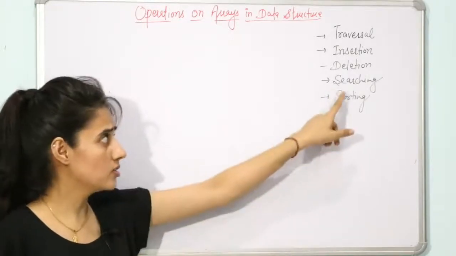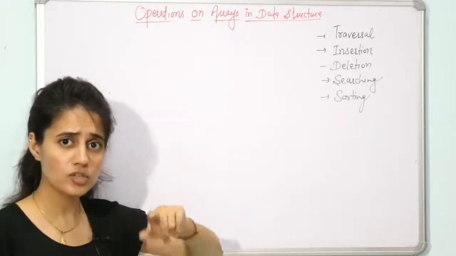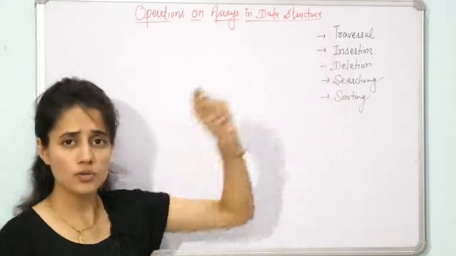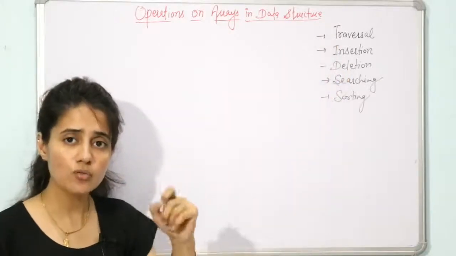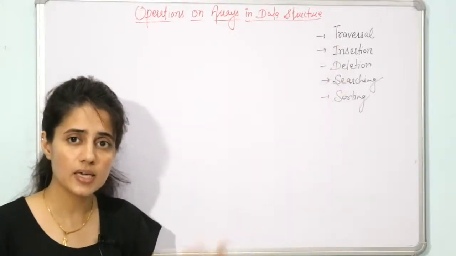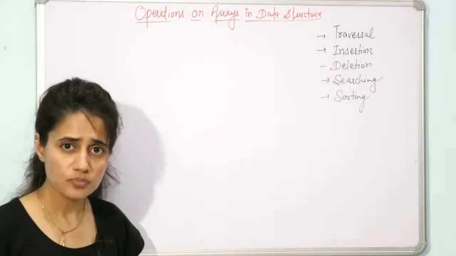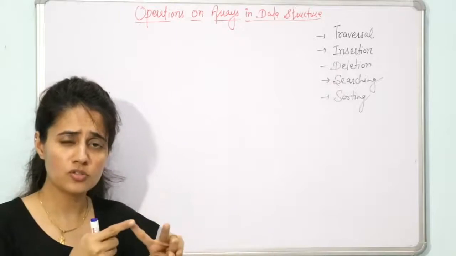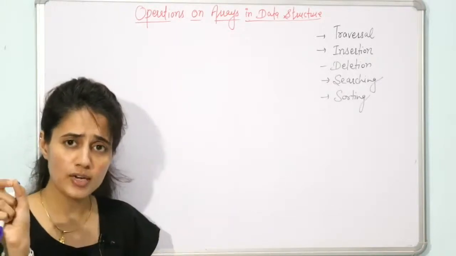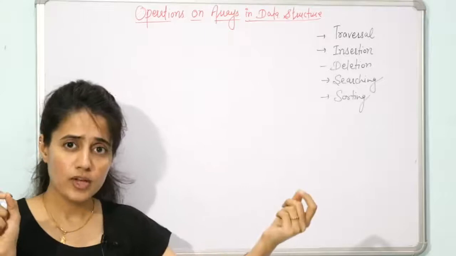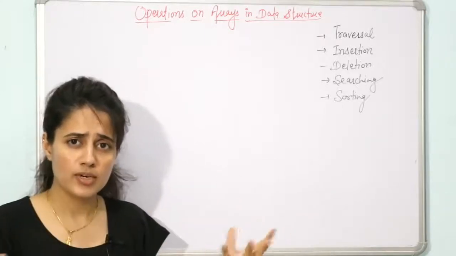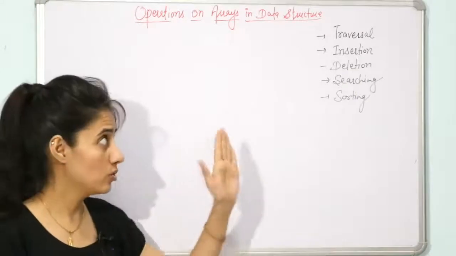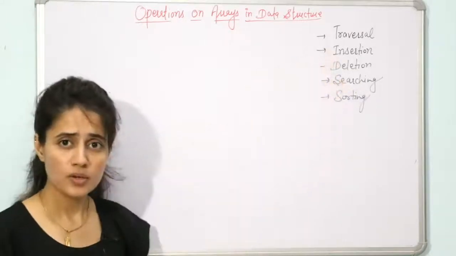We have already discussed searching and sorting techniques. Fine, you can check them out in the playlist. In this video I am going to talk about how to traverse an array and how to insert data in the array with their code, because insertion is also of three types. Maybe you can insert an element at the starting of the array, at the end position of the array, or at any specific position in the array. Fine, so I am going to talk about these operations, traversal and insertion, with their code.